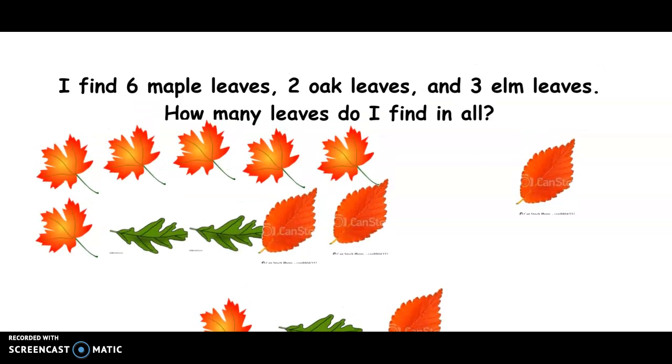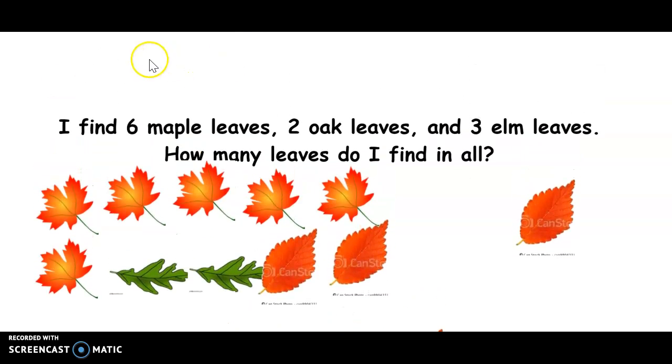Okay, let's see if we're right. Let's do our equation. So 6 maple leaves, 2 oak leaves, and 3 elm leaves. We're looking for how many in all, so that's our total. Let's do 6 plus 2 plus 3 equals, okay, what method works best? Okay, I don't see any 10 partners in here, so let's just try another method. Let's make this into a smaller number, or a larger number, excuse me. 2 plus 3 is 5, so let's do